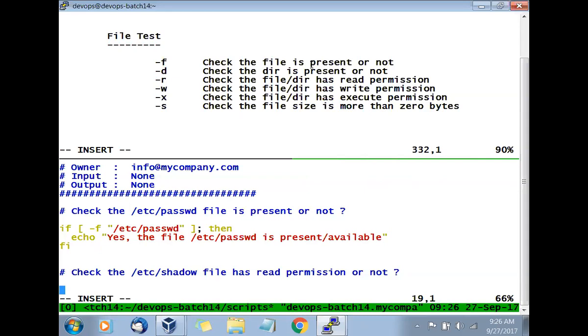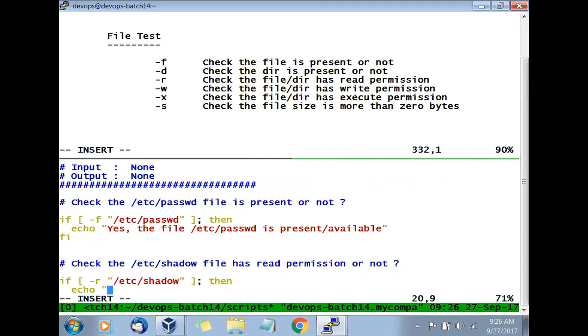So we'll check the /etc/passwd file present or not. That's the first test we will do. And we'll also do the second test. Check the read permission. So I'll say -r, check do we have read permission on the /etc/shadow file or not. Then echo yes. If it is true, then we'll say you have read permission on /etc/shadow file.